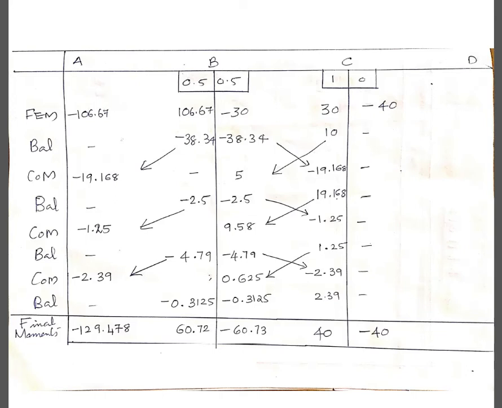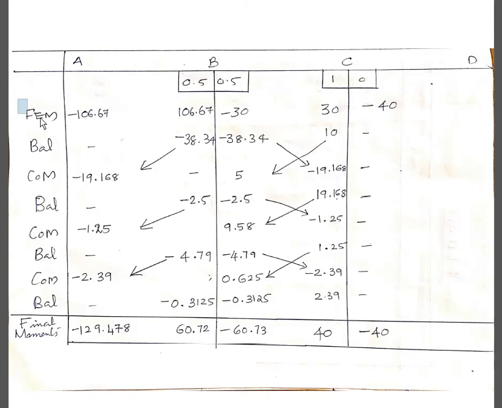So in the first row, write all the joints. We have A, B, C and D. D is not a joint, but still it is a point on the beam, so you can mark it. Then you have to write down the distribution factors. At B, the distribution factor for BA is 0.5, and for BC it is 0.5, so write down both the values. Then for CB it is 1, and for CD it is 0. So write all the distribution factors,